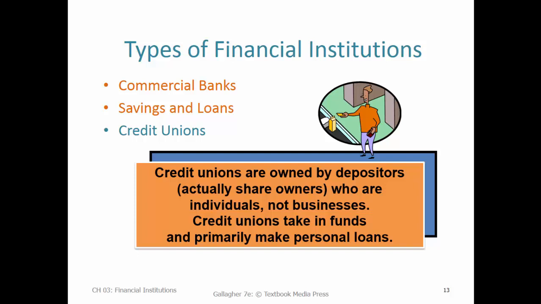Credit unions are member owned, and they actually pay their profits back to the members, the depositors, in the form of dividends. Otherwise, they function much like commercial banks in that you can put money on deposit. You technically own shares, so it's kind of like savings and loan in that sense. And they make mortgage loans, personal loans, car loans, and they're really growing recently and expanding to take on a lot of the functions that were traditionally just the realm of commercial banks. And commercial banks are increasingly these days seeing credit unions as more of a threat.